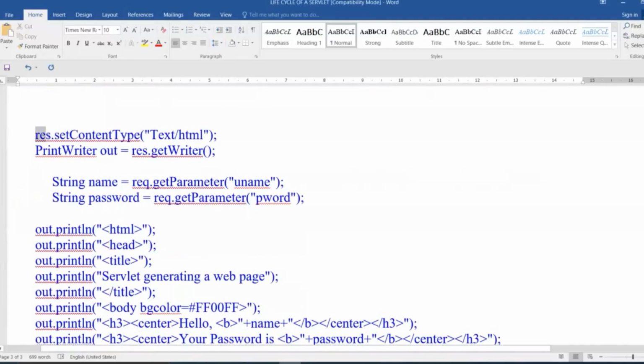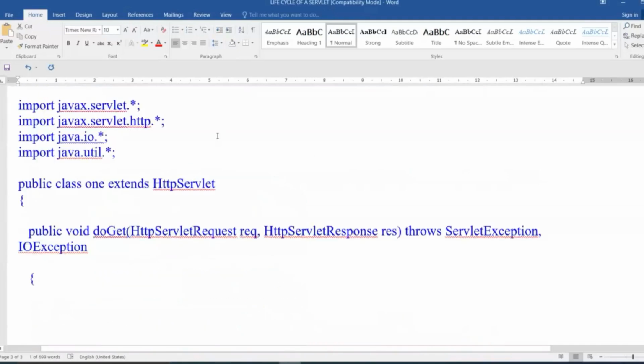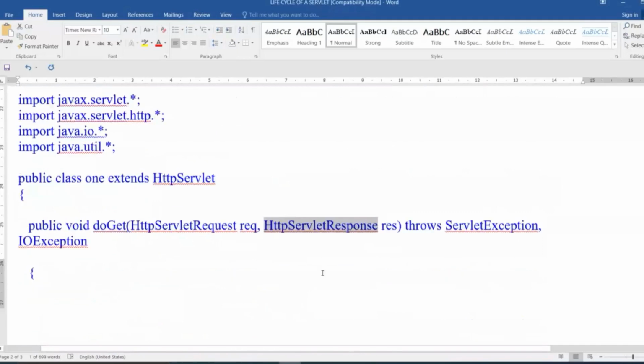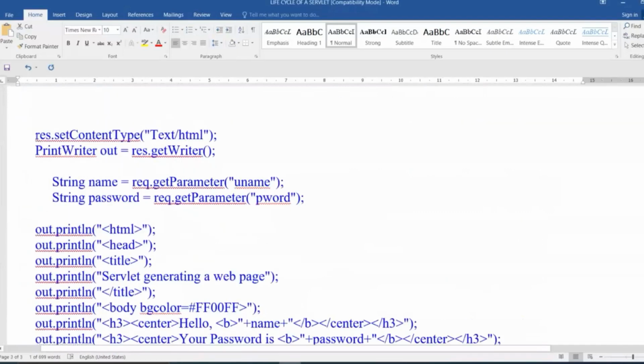RES, what is RES? It is the object of the HttpServletResponse class. res.setContentType